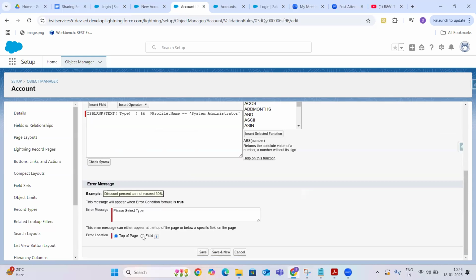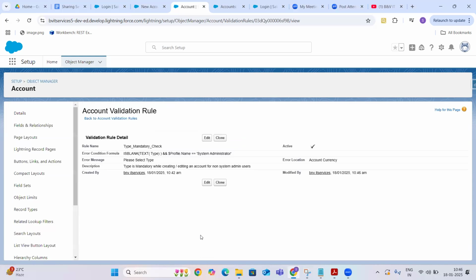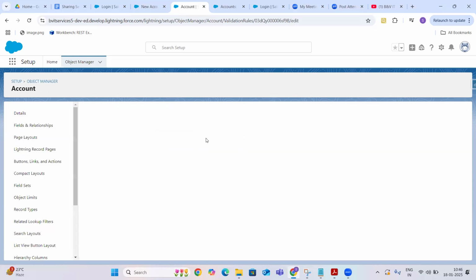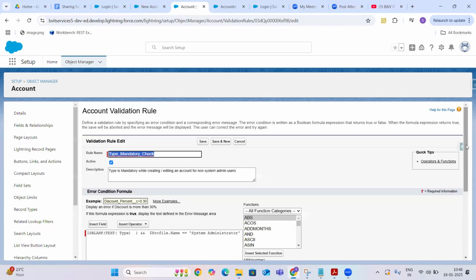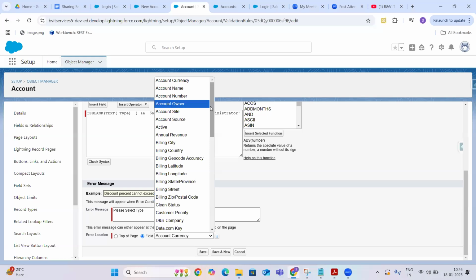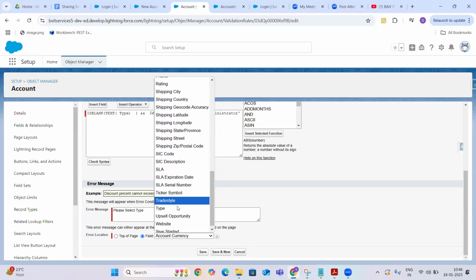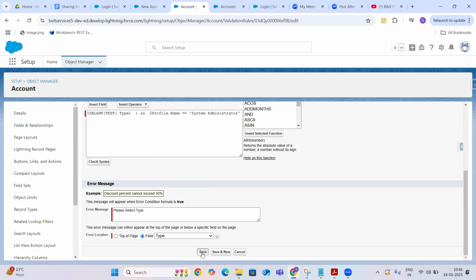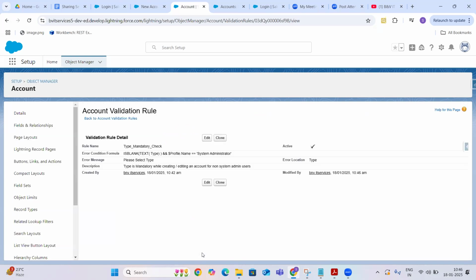Okay. So most of the times we will select, sorry, I did a wrong one. So next to the field, and I would like to display next to the type field and click on save. Most of the times we will just select the type field, until and unless this validation rule includes multiple fields and you would like to display a general message.